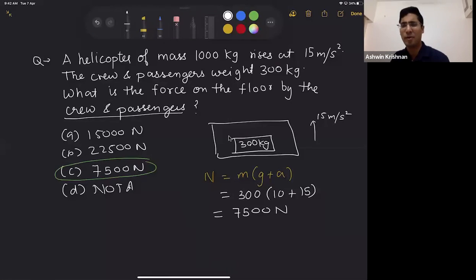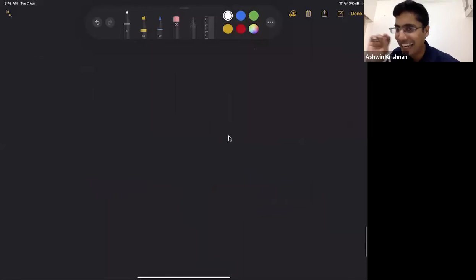So even though problems can get a bit complicated, this is the most you need to do on lift man problems, where the body is either going up or going down. You need not know anything more than this for the purposes of the NEET. Now there is a second problem which is also usually asked, which is essentially